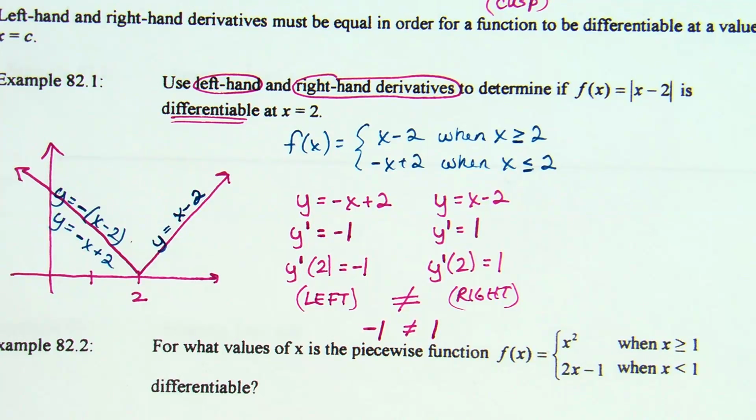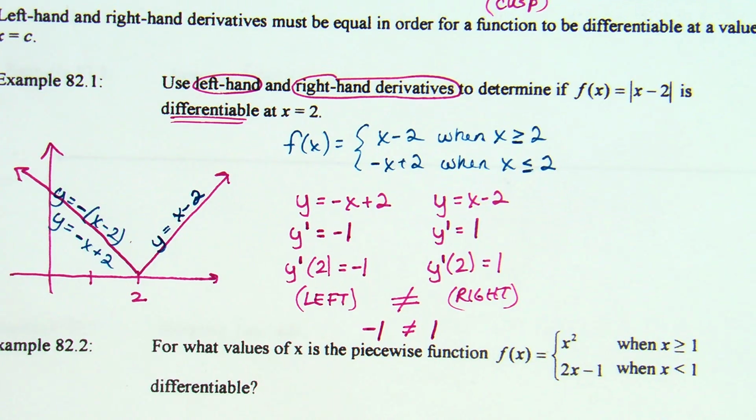Okay, so the question was, use left and right-hand derivatives to determine if this function is differentiable at 2. What do we know? We already knew it, but it's not, because the left-hand derivative and right-hand derivative are not the same. Then it's not differentiable. So I'm going to write it in words that this is not